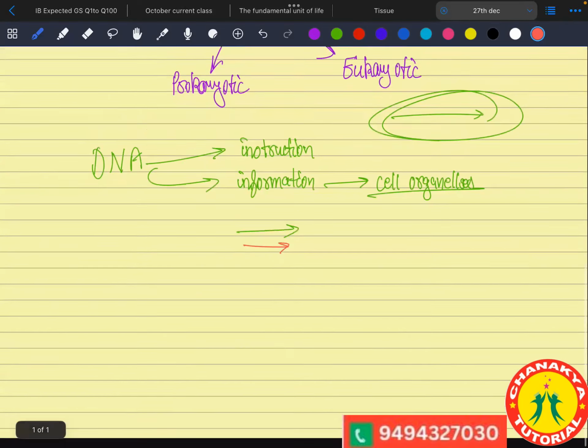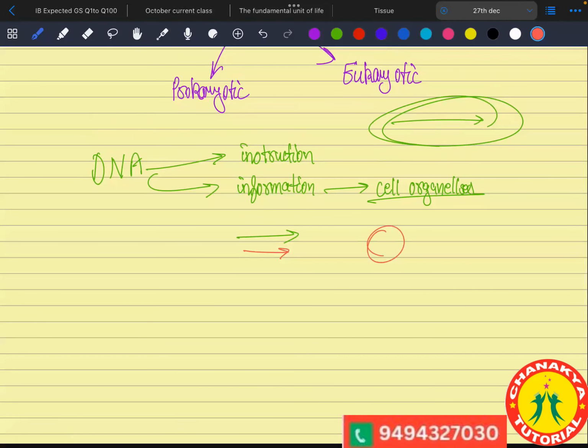Fine. Let's take a potato dish. In order to make that potato dish, there is a defined procedure for how it will be prepared. First we will boil it, then we will cut it, and so on. Likewise, DNA has defined information stored in it, and it supplies that to the different parts of the cell to perform their activity.